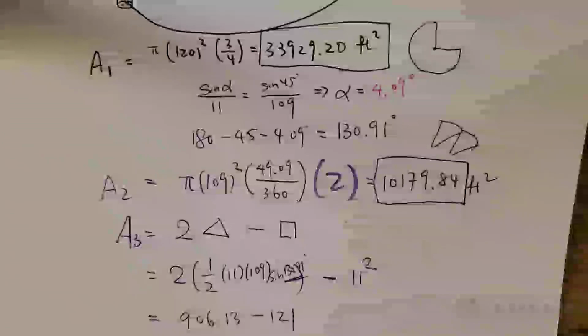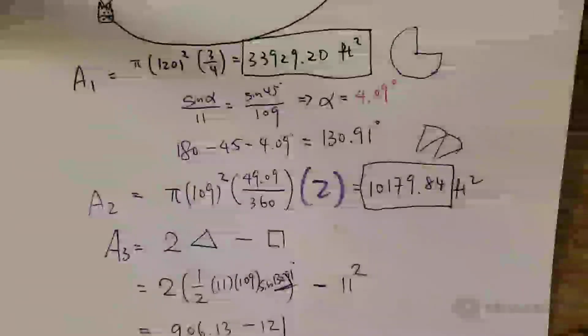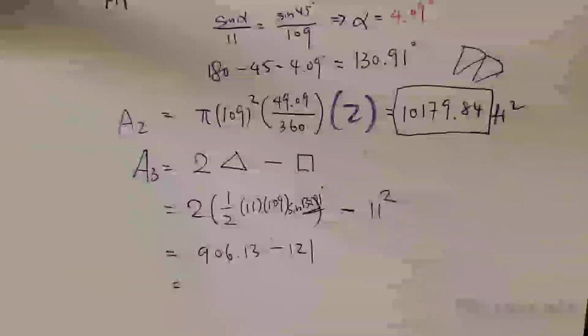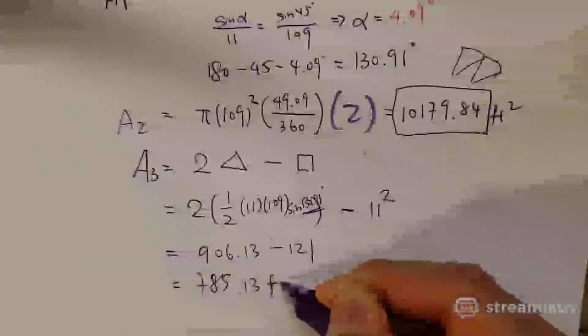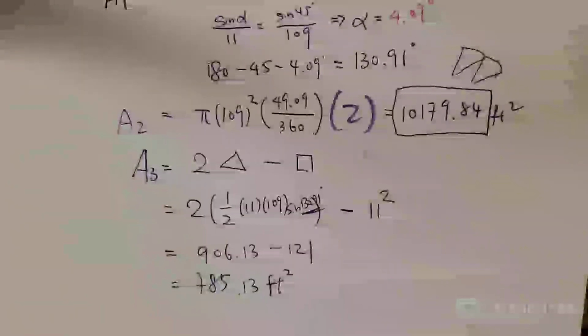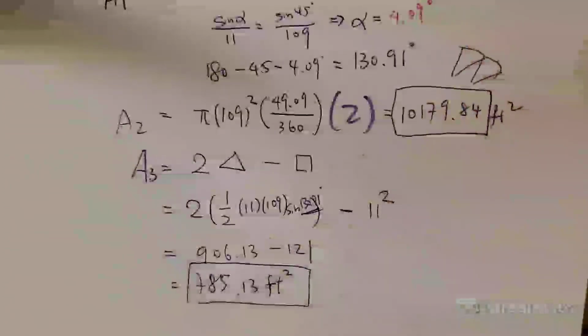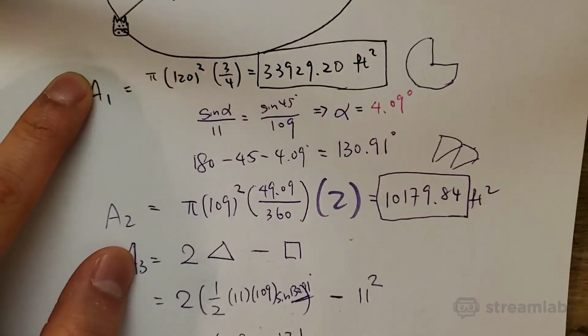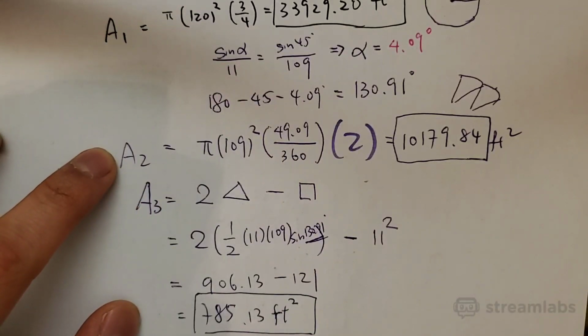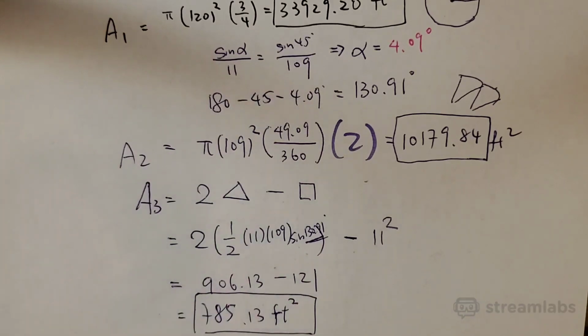I think my bit rate is falling low a little bit, but you subtract this, and then you will get 785.13 feet square. Okay, so finally you add these three together. Okay, once you add them all together, so it's A1, 33,929.20 plus 101.79 plus 785. You add it all together, should end up having